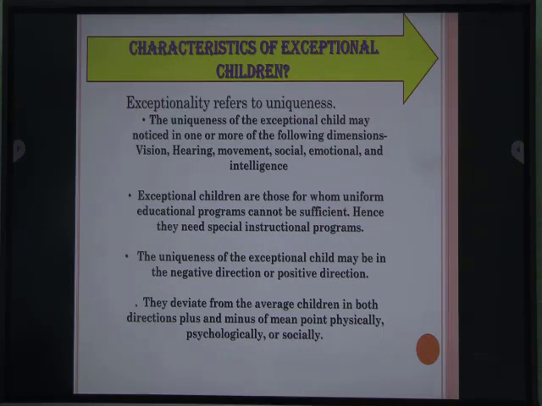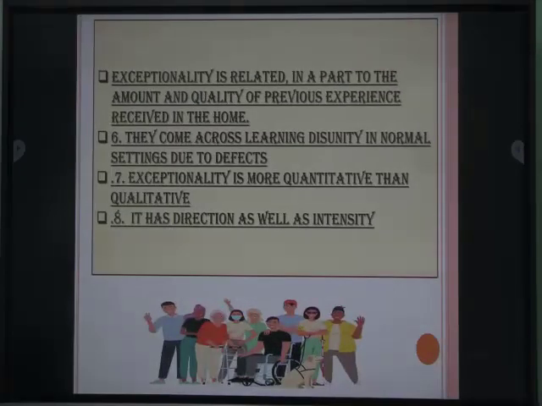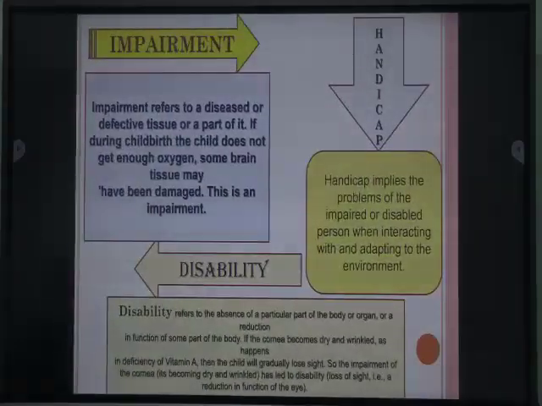The uniqueness of the exceptional children may be in the positive or negative direction. They deviate from the average children in both directions, physically, psychologically, or socially. Now we need to understand three major terms in the area of children with disabilities in order to understand